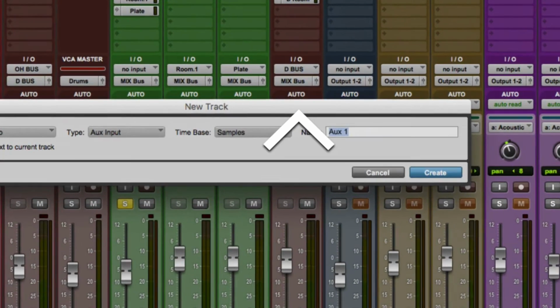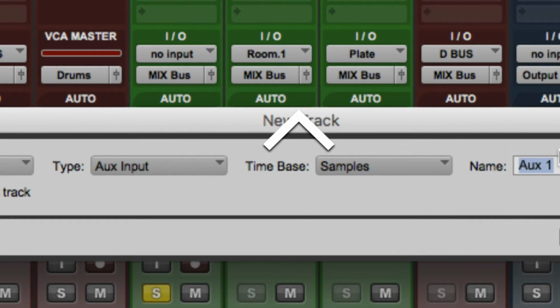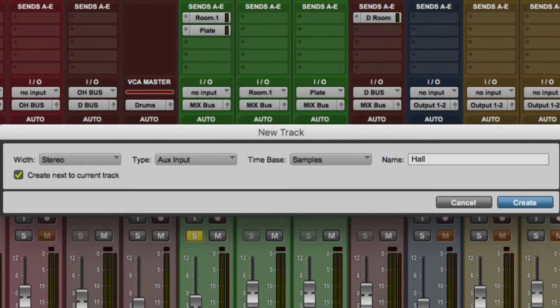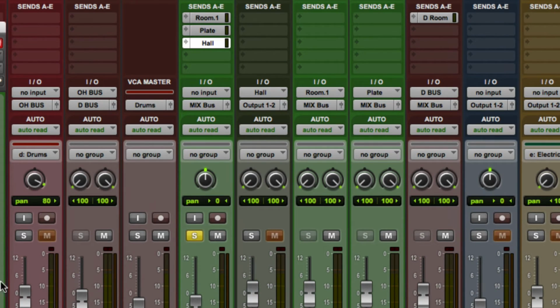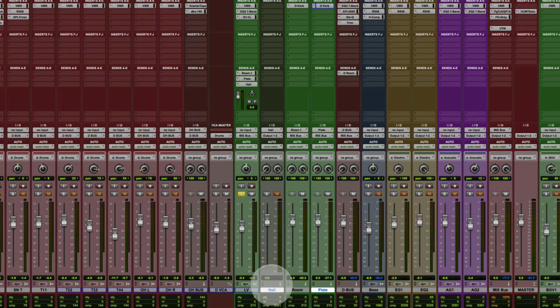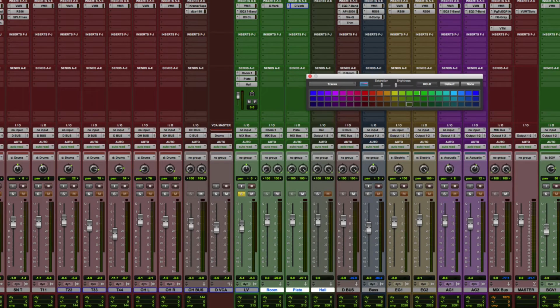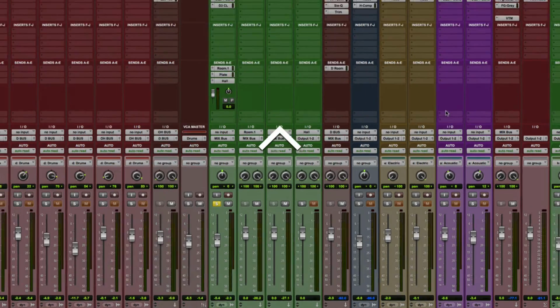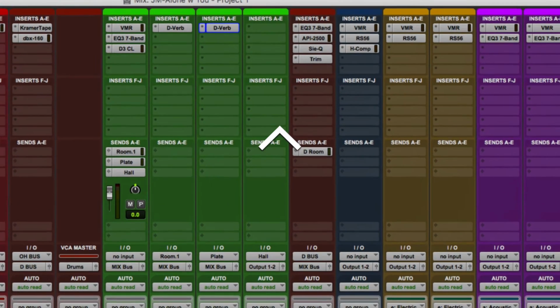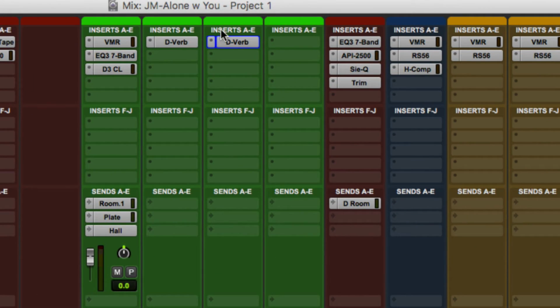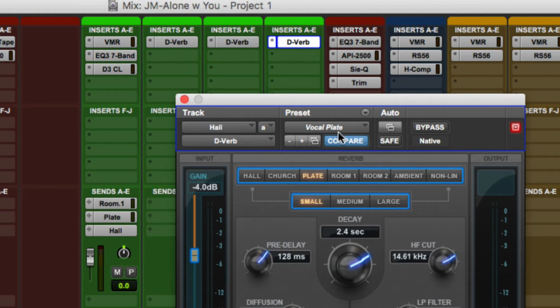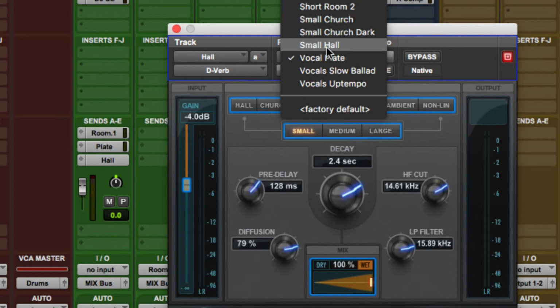Again, new track. And I'm just going to call it hall. Okay, and again, I'm just going to put them in order. Oops. So I had it room, plate, hall, same colors. So I'm just going to copy this plugin there to the hall, and I'm just going to say